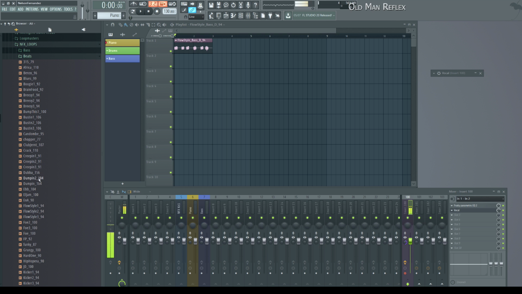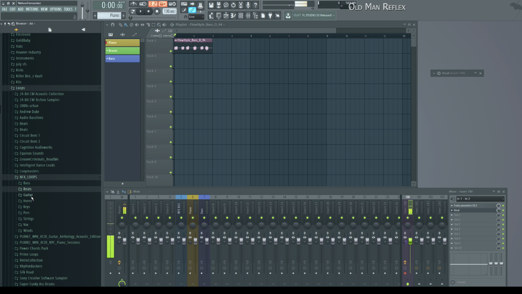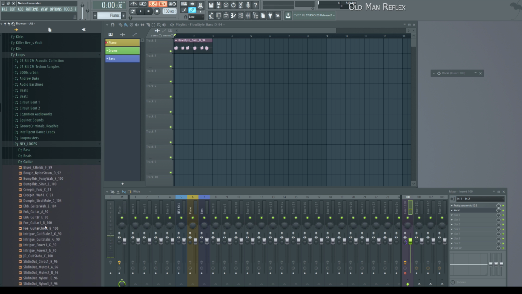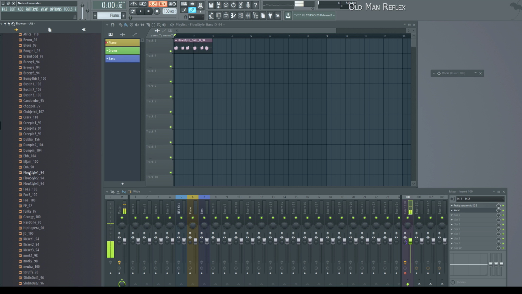Let's look for flow style in here. Now, oh, we have three. Now, gosh, see, that's how old I am. I don't remember what I was going to say. Oh, there may not always be the song in every category. For example, there may not be a flow style in guitar, and indeed there is not. So these aren't the full projects. These are parts of projects. Okay. So anyway, let's grab the flow style drums,